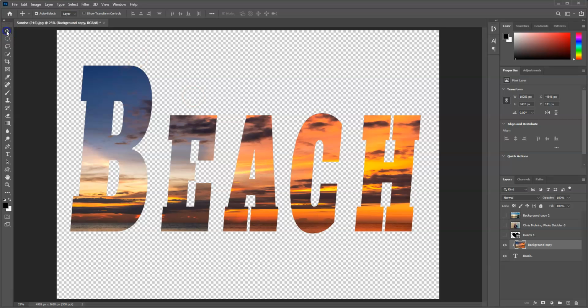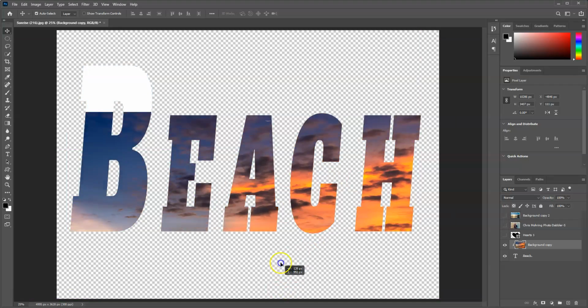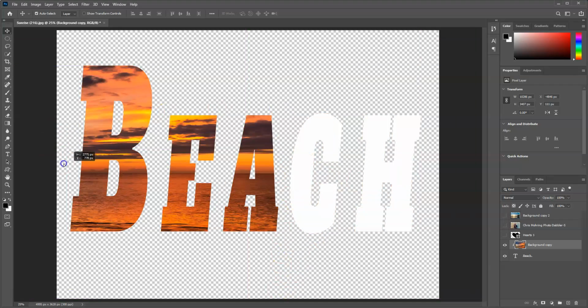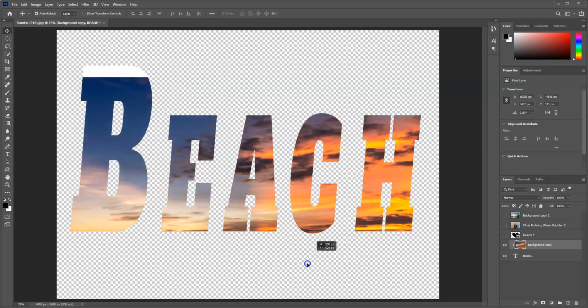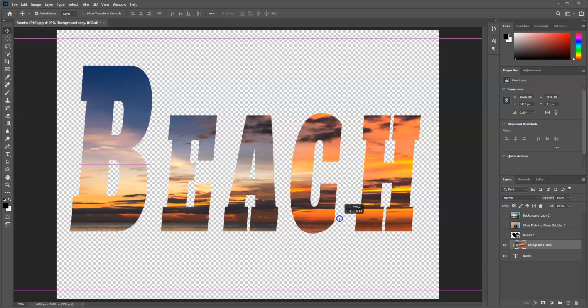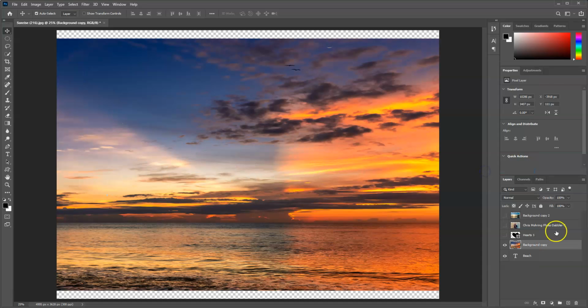If you have your move tool, which is the V shortcut, you can move the image around, and it will only show in whatever layer is below it. Okay, so we say that. If we want to undo that mask, you just right click and release clipping mask. Alright, so we can put this one down,